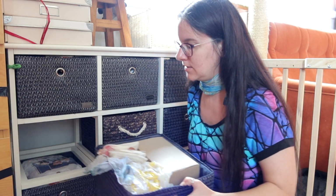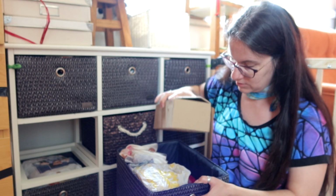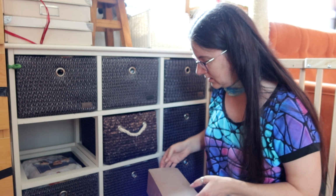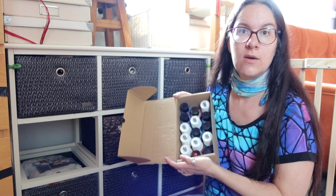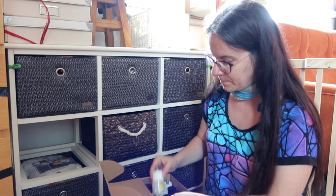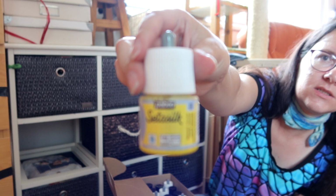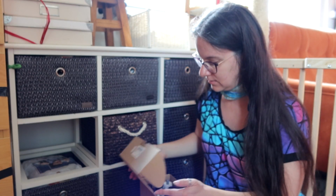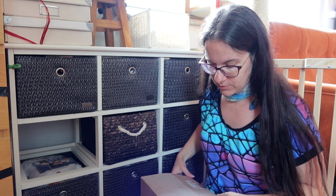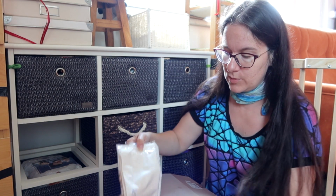In here, yeah, this is a drawer that I dedicated to silk painting. I have a box of totally new silk paints, and yeah, whee! Those are the Seta Silk Pebeo. Focus please. No? Yes. These paints for silk, and I have one more box in there. I have some ready to paint white scarves, so